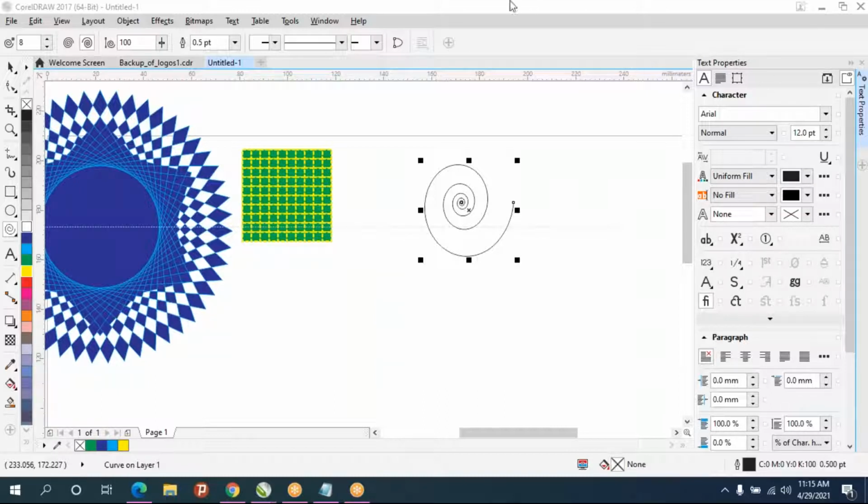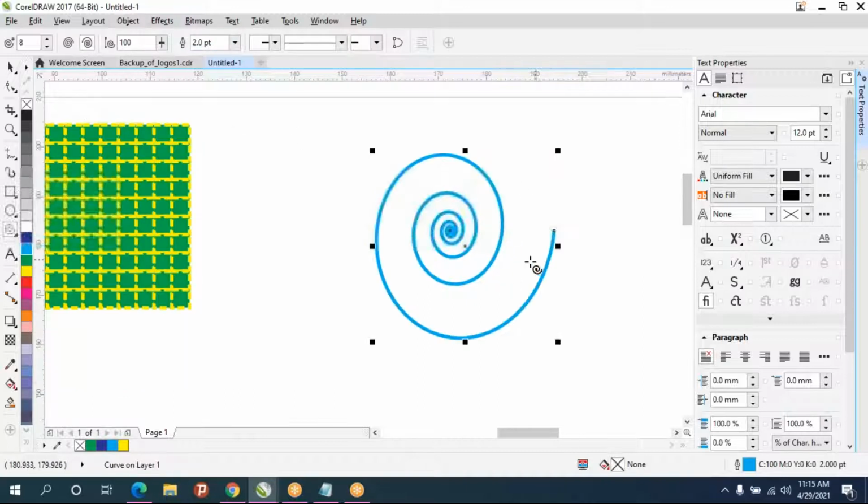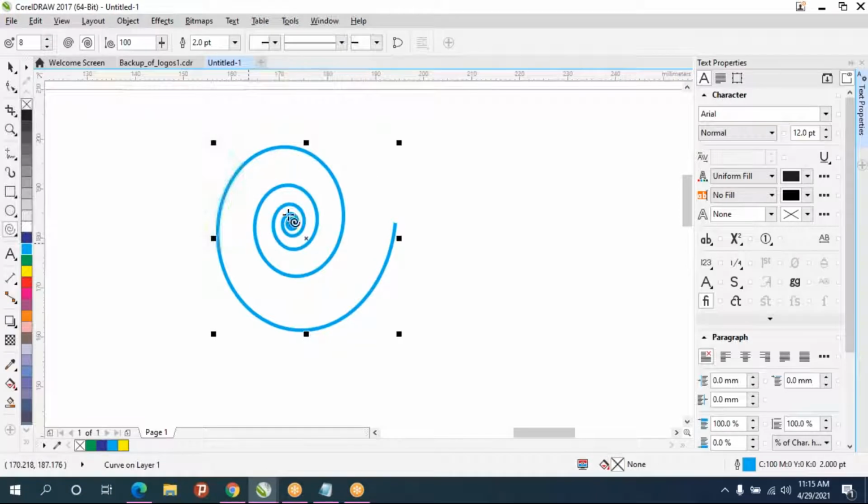But you can give outline color, and you can increase the outline size also here. Always see the property bar after selecting the object. And